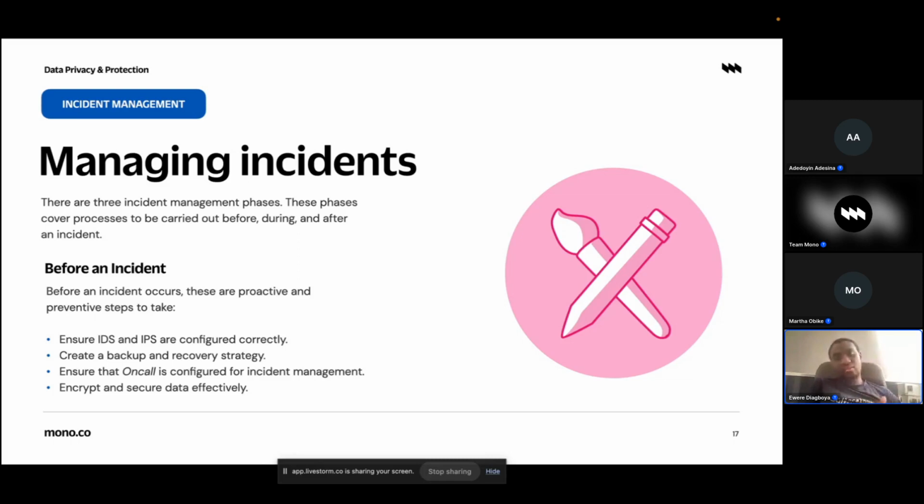Which are things you can also add to your post-mortem. Maybe when you're talking to your customers or to your users internally, you say, you know what, we lost X amount of data, but that data is encrypted, and whoever stole that data or pulled that data maliciously cannot use that data for anything. Next slide, please.